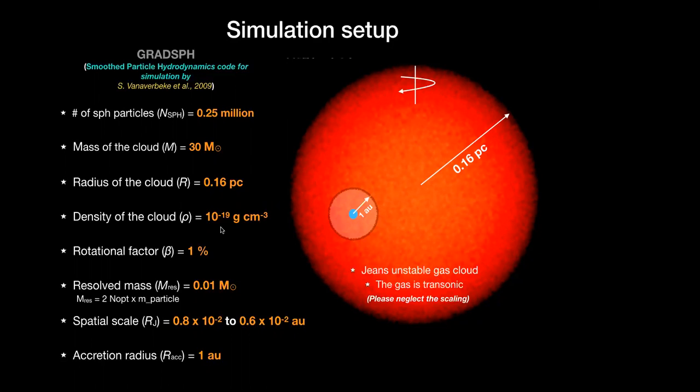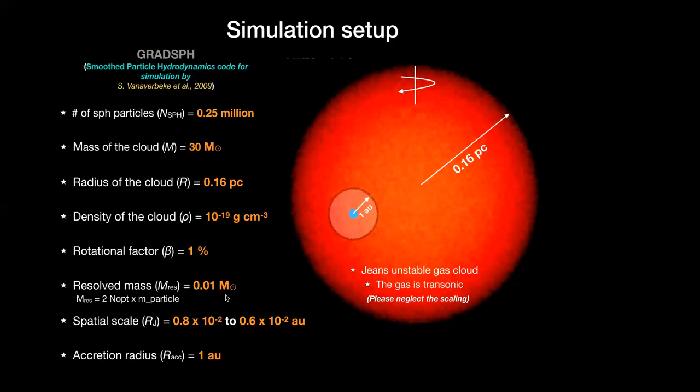Then when we perform simulations, we ought to have an idea of what sort of masses we are actually resolving properly, and when we enter a realm where we can no longer claim that our fragments represent the true fragmentation. So for this, we consider the resolvable mass in the SPH simulation scheme. The number of SPH particles plays a significant role in defining the minimum mass you can resolve